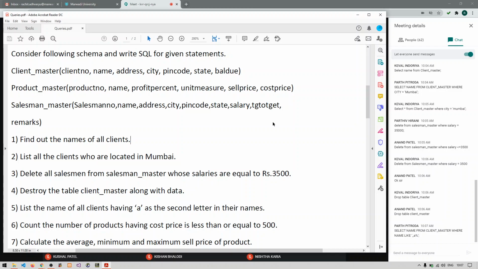Yes, very good. Count the number of products having cost price less than or equal to 500. You have to use the product table.